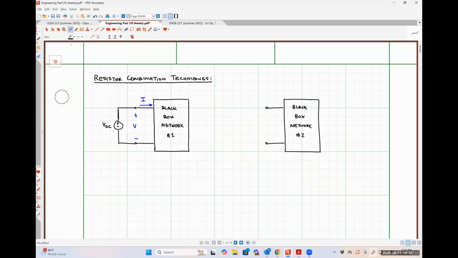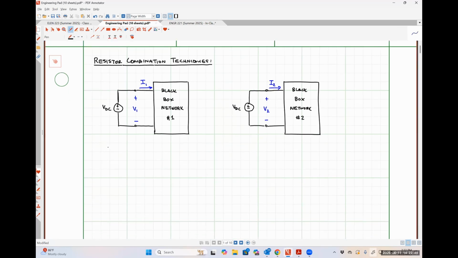If we were to excite black box network number 2 with that exact same DC voltage source and measure the voltage drop across its terminals, let's call this V2, and the current flowing into its terminals, let's call this I2,